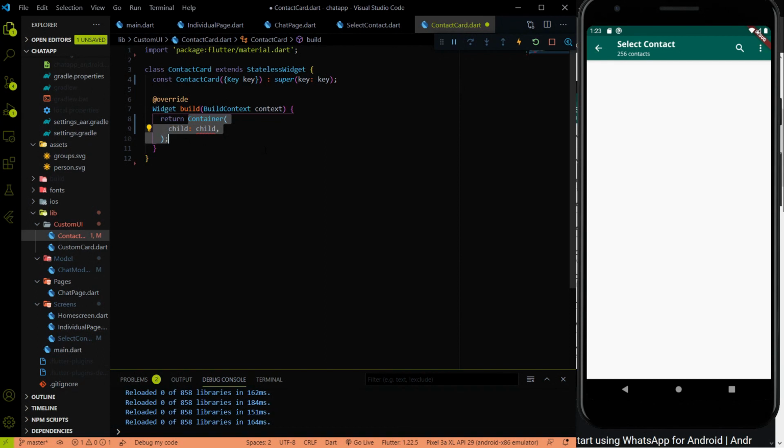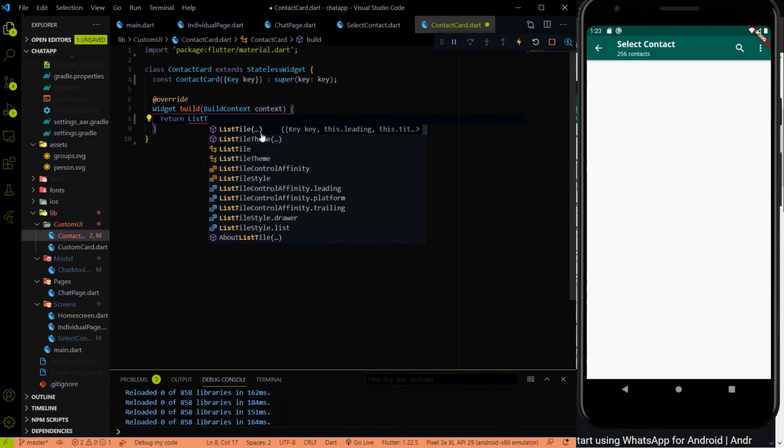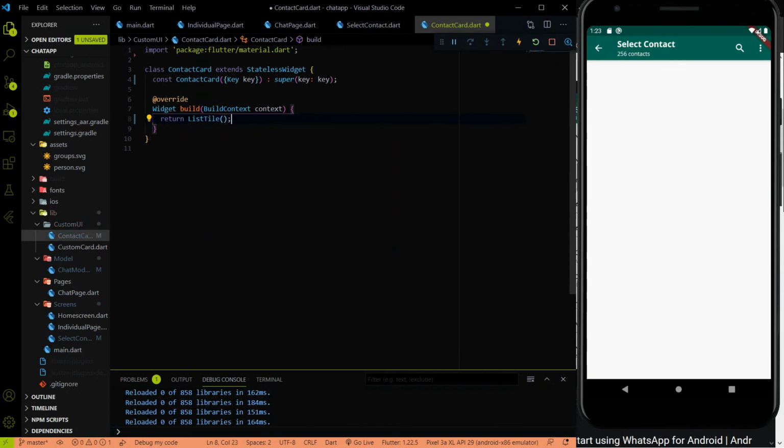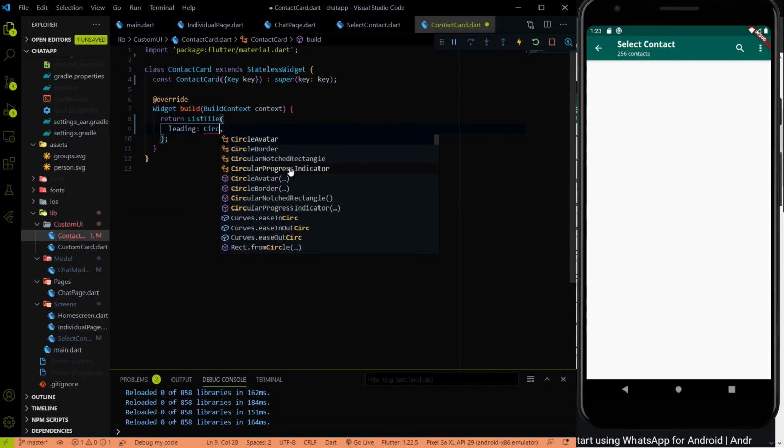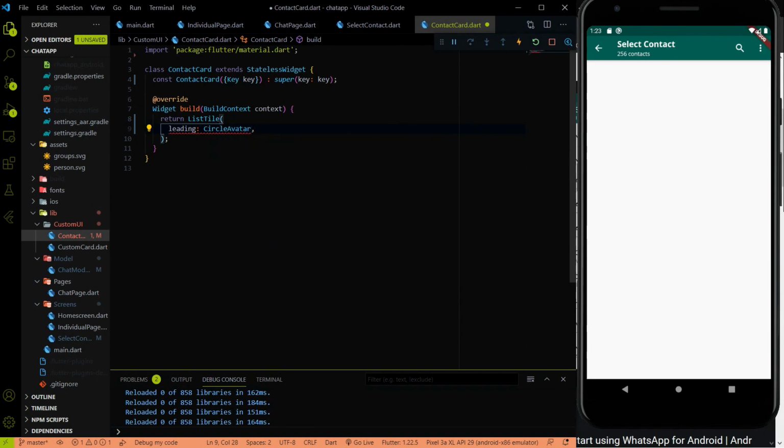Instead of returning a container, let me return a list tile. So in the list tile, the leading will be a circle avatar, and the radius will be 23.